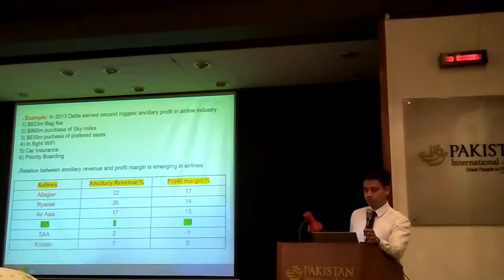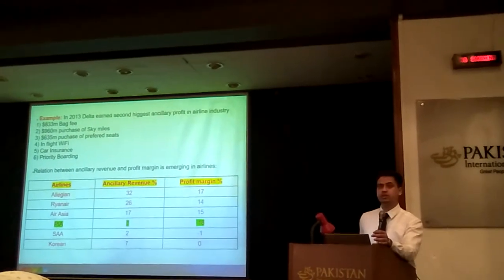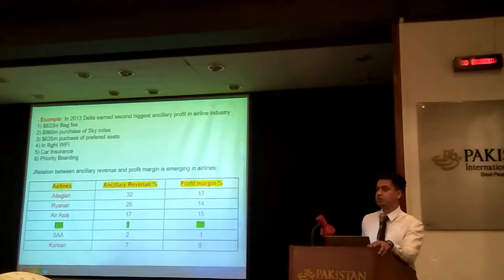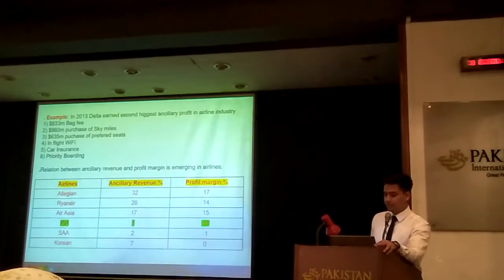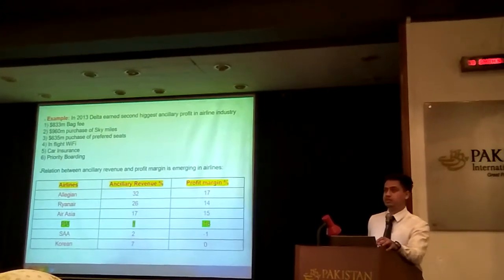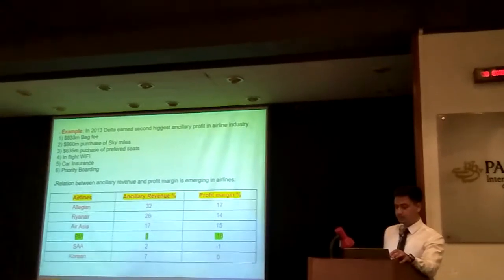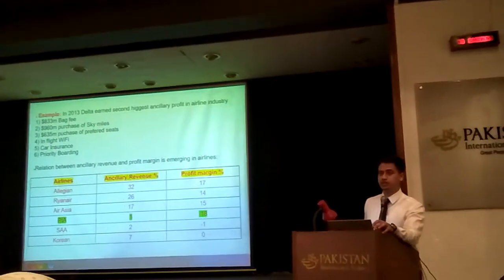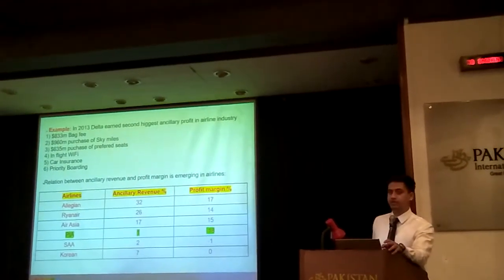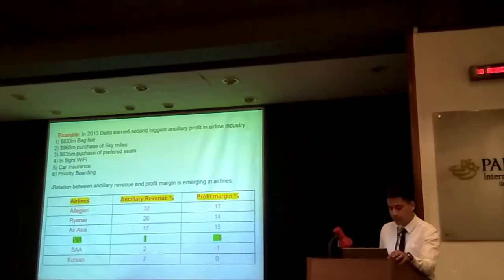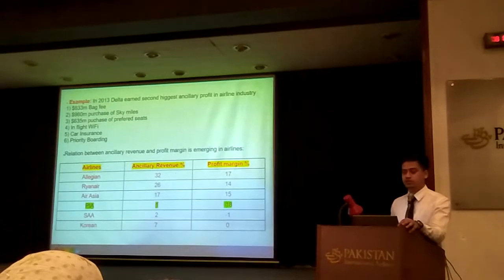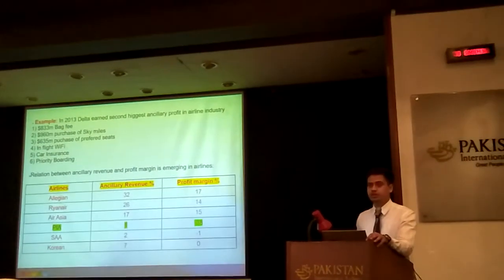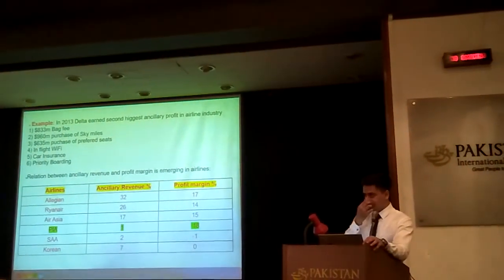Allegiant Airlines, one of the low-cost airlines, has 32% ancillary revenue. They make 32% of their money from ancillaries, and they are making 70% profit. And Ryanair, 26% of revenue comes from ancillaries, and they are making 14% profit annually. AirAsia has 17% of revenue coming from ancillaries, and they are at 15%. And the last three at the bottom